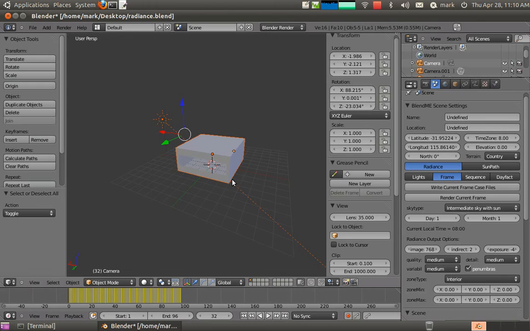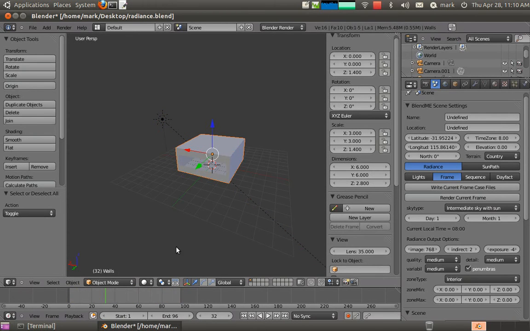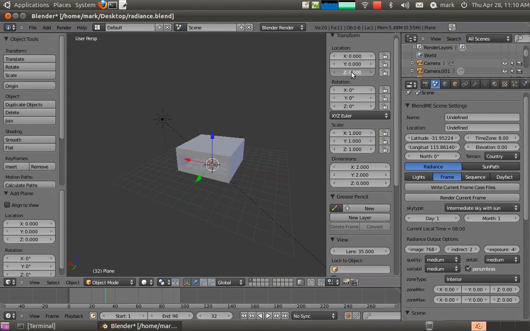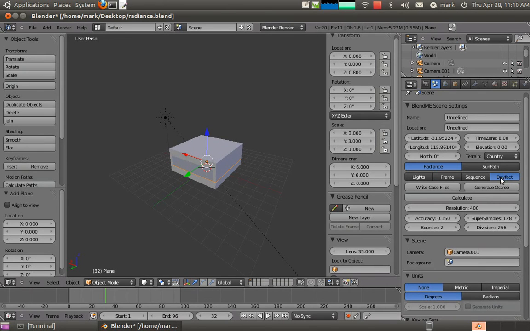Now another thing that's common to do in the building industry is to actually work out the daylight factor on a working plane. We don't just want to do perspective renders all the time because they're not very scientific. So we'll add a new plane, and we'll set it to the same size as the room so it fits tightly within the zone. So there we are. Now we've got a working plane inside of the zone. And what I can do is go to the daylight factor menu,